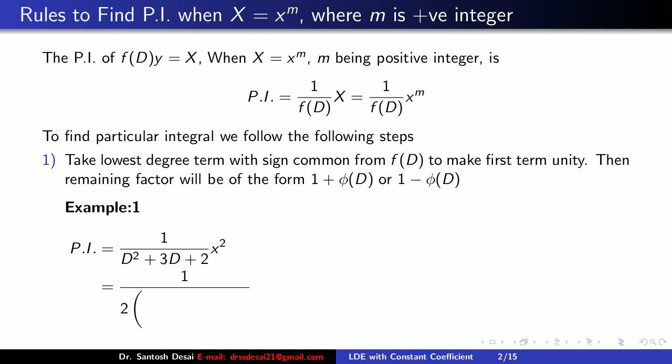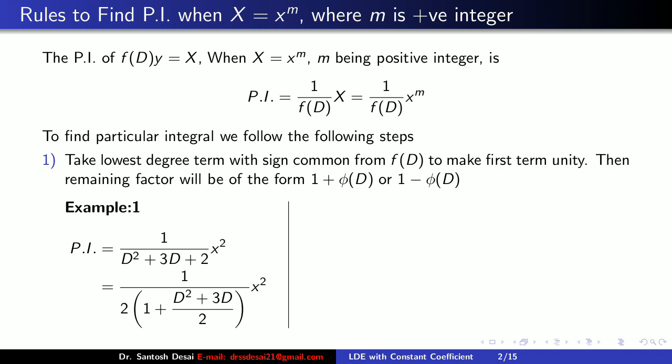So 2 into. Now this is important, how to write the remaining terms. Since 2 is taken common, first we write 1. Then write the remaining terms in the numerator. If you skip the 2, then we are left with D square plus 3D, and we write it in the numerator. In its denominator, we write the number only, which is taken common. And the middle sign will be the sign of the number which is taken common. So therefore the middle sign is plus, bracket complete into x square.